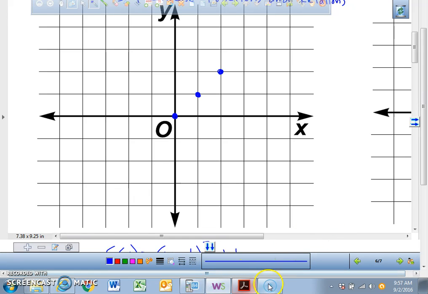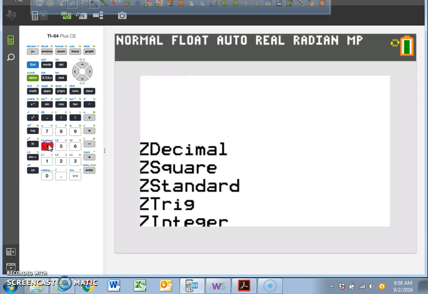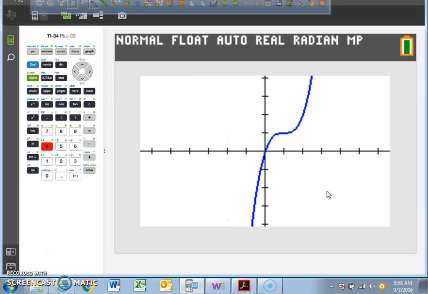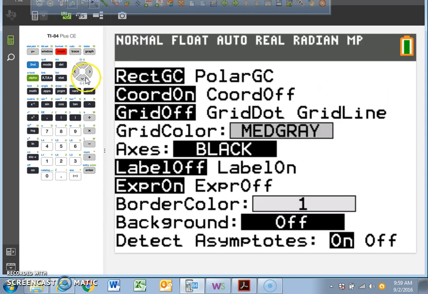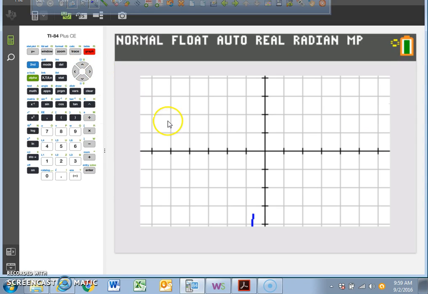Let's look at our graph now. Ready? Let's go to our graphing calculator, hit graph, let's take a look at it. Now the boundaries of this graph are bigger than what's on your paper. So here's what I want you to do. Hit zoom 4. Zoom 4, and I'll pause it. Alright, so here's our graph on your graphing calculator, but we're going to add some grid lines. So hit second, zoom, and we're going to format our screen where we're going to have grid lines. Second zoom, and go to where it says grid line right here, highlight it, press enter, and when you graph,